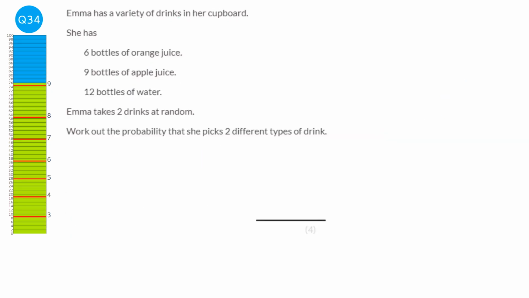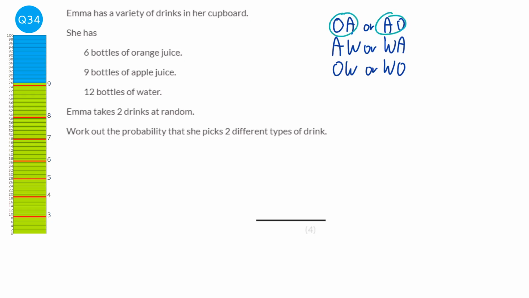We're going to start by working out what outcomes will give us two different types of drink. So we could have OA or AO. We could have AW or WA, and we could have OW or WO. Now what we notice really when we do this is that OA gives us the same probability as AO, same with AW and WA, same with OW and WO. So we're going to just ignore the right hand side ones, and we're just going to focus on the left